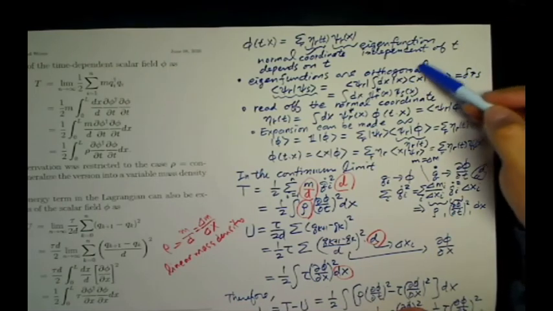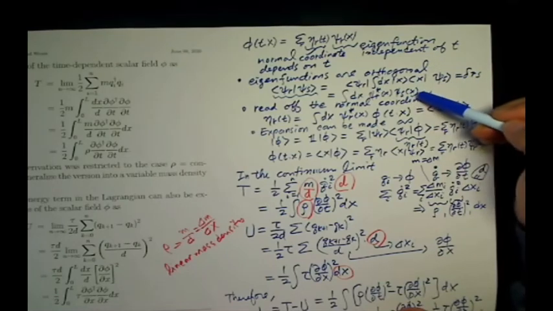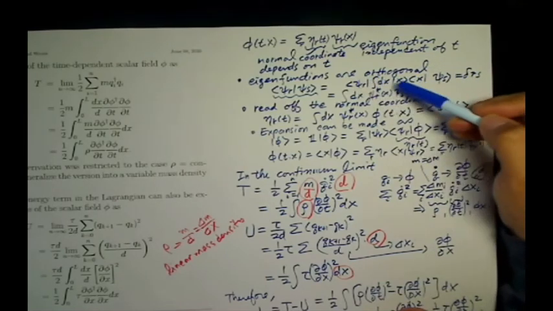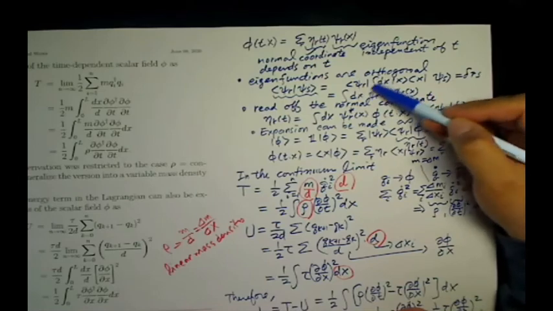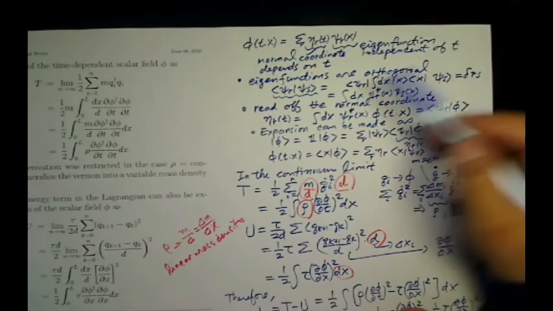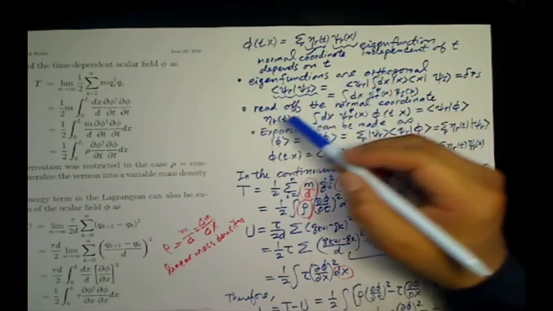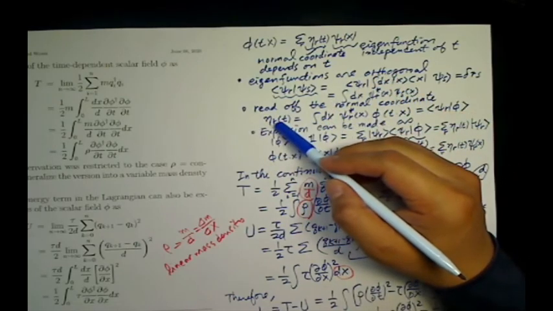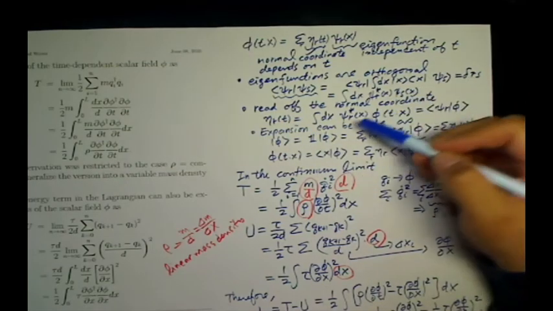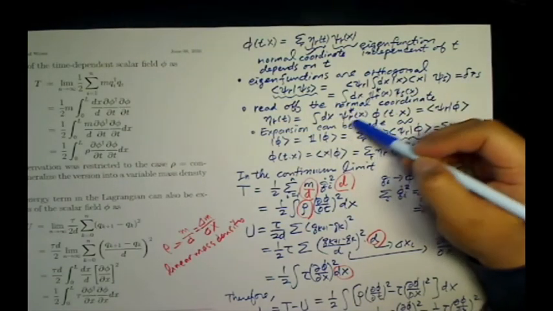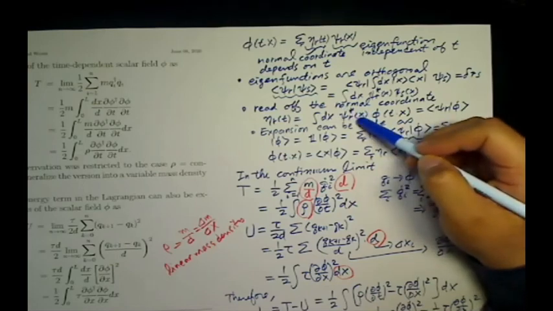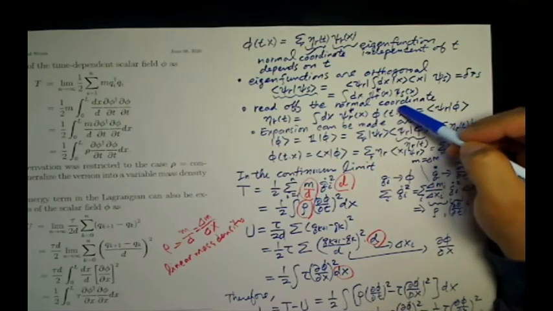Then what I obtain is psi s of x and this opposite, so this complex conjugate. Therefore, if I want to collect the normal coordinate, what I want to do is multiply the complex conjugate of the eigenfunction to the scalar field and